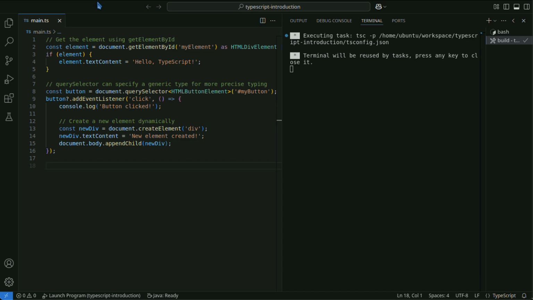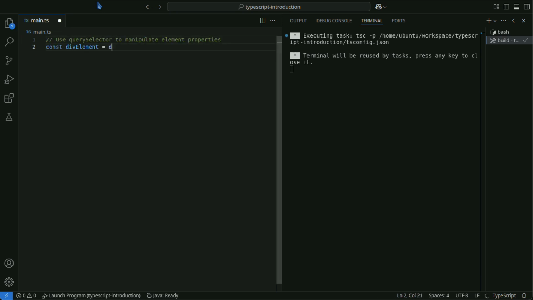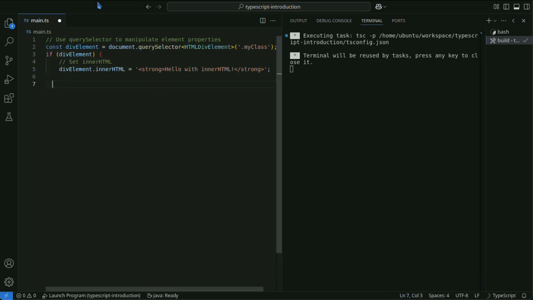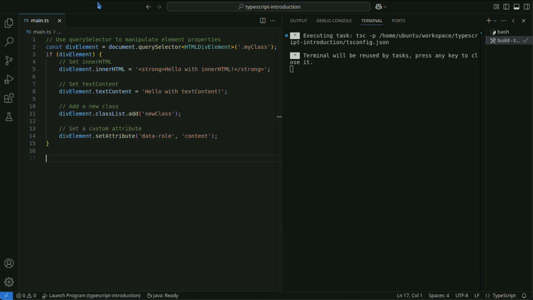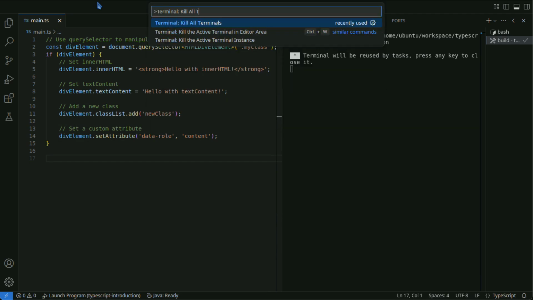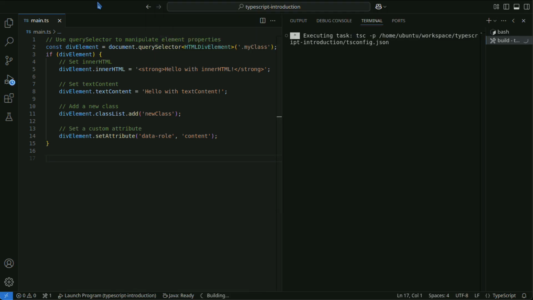Element is an interface that represents individual HTML elements in the DOM. It is most commonly used when manipulating the DOM. The element has the following methods and properties.